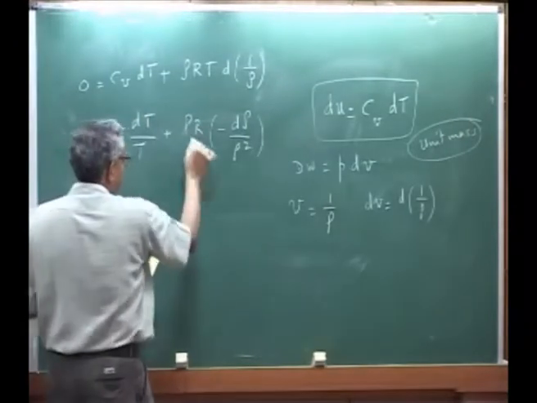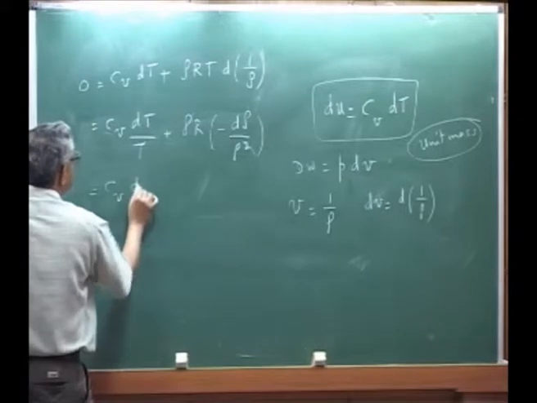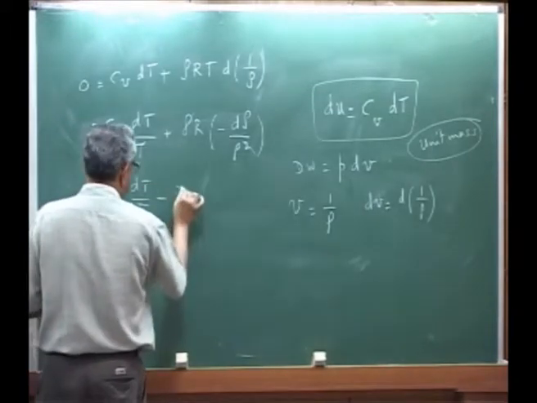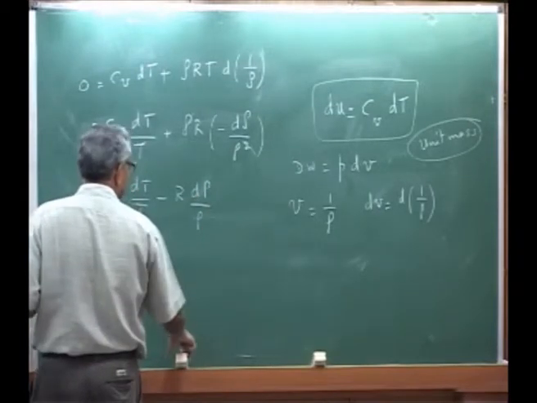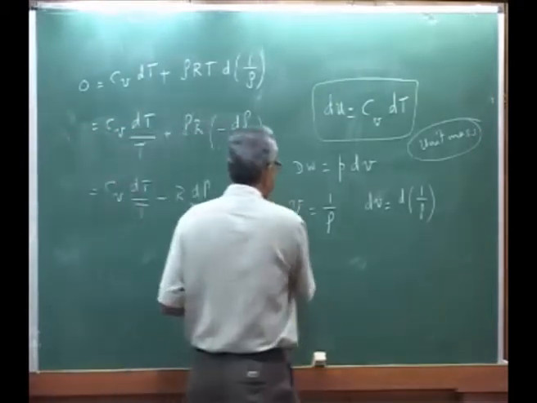So this rho will cancel out, and I will be left with cv dT over T minus R d rho over rho. Now you take it to the left hand side and write it as